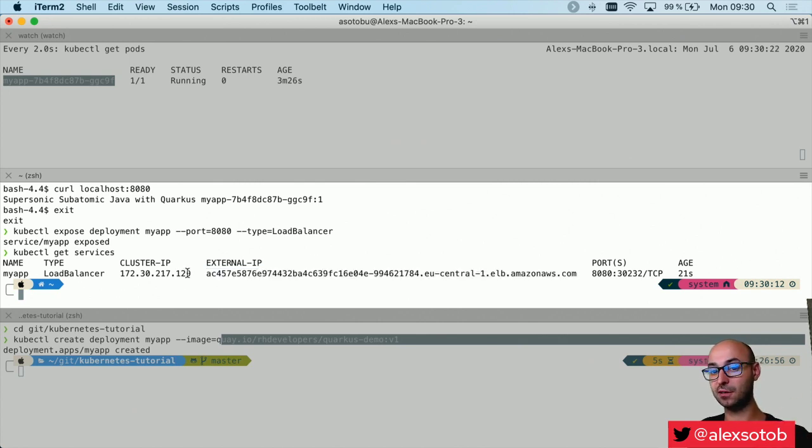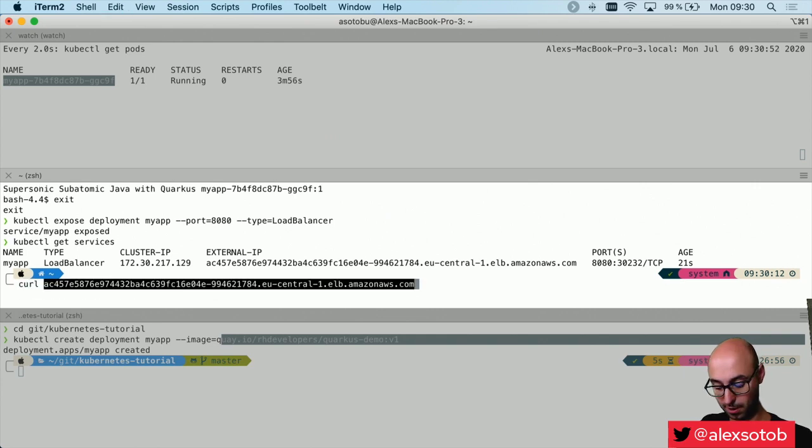If I'm inside the cluster, I can refer to it by my app, which is the DNS name, or by the IP, which is this IP. So if you are inside a pod that wants to make a request to another pod, I can use this IP, or I can use this DNS name, and it's going to be valid all the time, meanwhile this service is up and running. Or if I'm outside, like for example you or me now, I can just do a curl to this URL